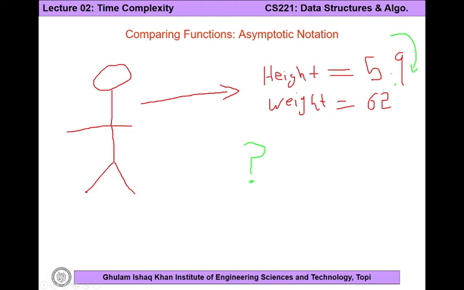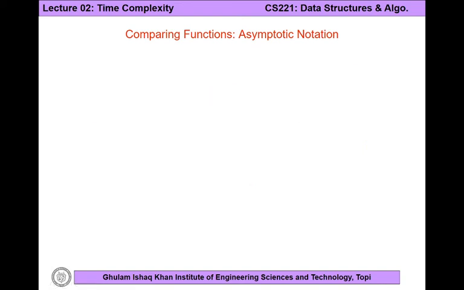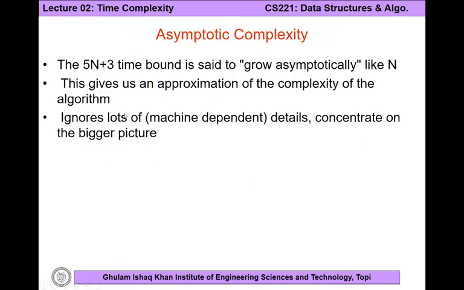Now 5.9 what? 5.9 centimeters, or let's say kilometers or feet, what? And 62 what? 62 kgs or 62 pounds, right? So this unit is very important. Similarly, when we measure the asymptotic complexity of an algorithm,